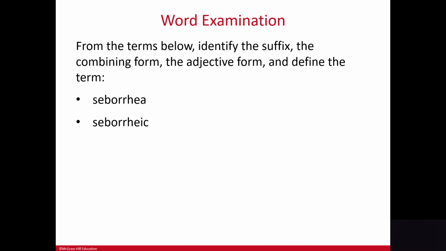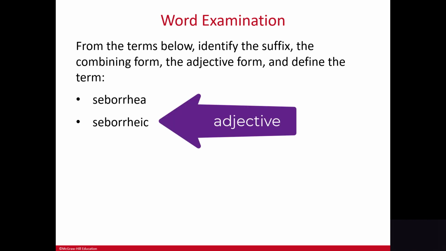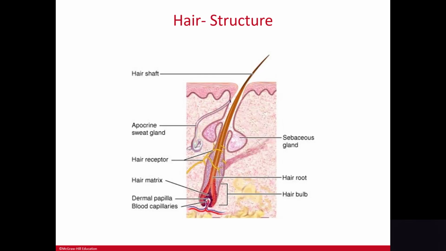So let's look at the terminology here. Remember, when we break terms down, we start with the suffixes. If we look at the suffix rhea, R-R-H-E-A, that means flow or excessive flow. So seborrhea is just excessive flow of sebum. And then the second term actually has two suffixes. So rheic, the IC means pertaining to. So seborrheic is just pertaining to excessive flow of sebum. That's the adjective form. Pretty simple, right? All right, so let's look at hair,